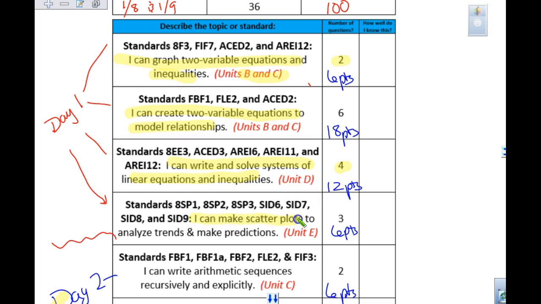This is from this last test. I can make a scatter plot, analyze the trend line, and make predictions. So when I was looking at your last test, this was on that second page, questions 5 through 8, and you actually had to use the graph to make your prediction. So that's day 1 of the final. Okay? Day 2